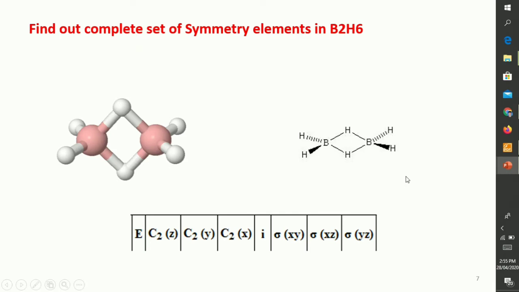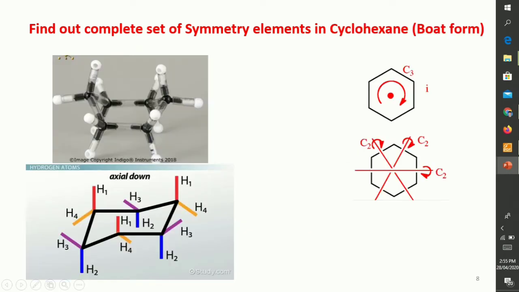So the next is to find out the complete set of symmetry elements in cyclohexane. There are two types of cyclohexane found. One is the boat form, another is the chair form. So this time we are only going to discuss the boat form of cyclohexane. How many symmetry elements and operations are found in the